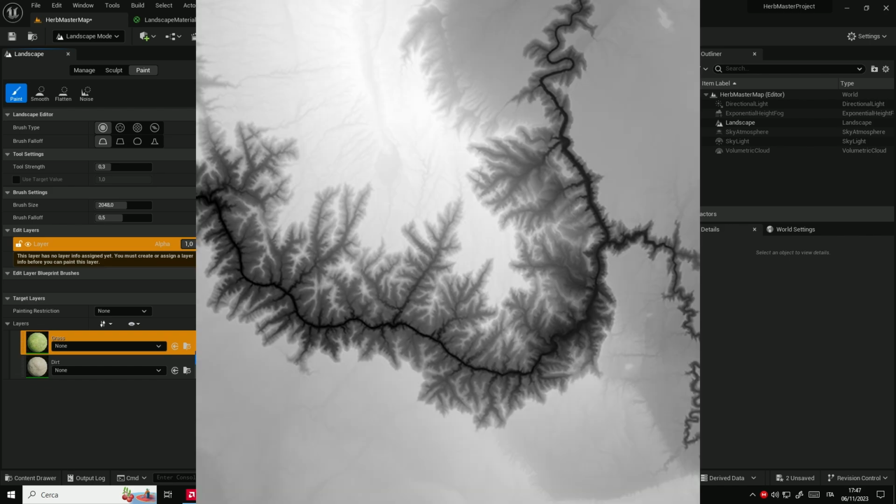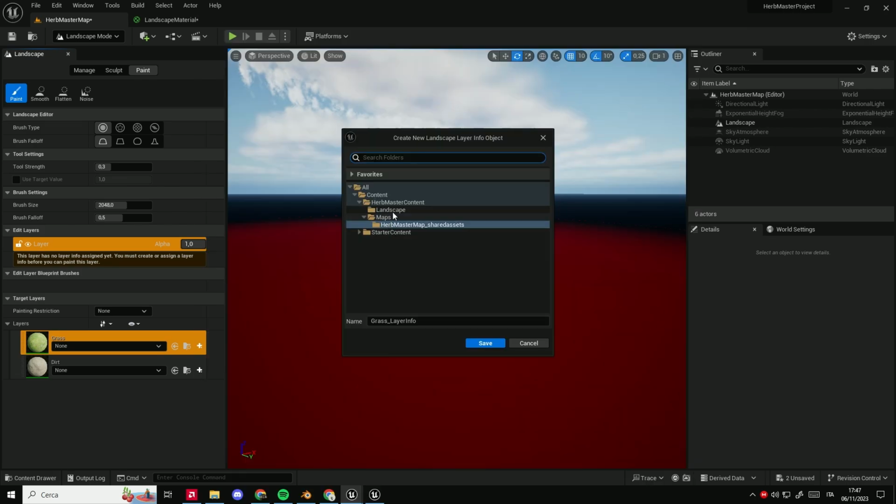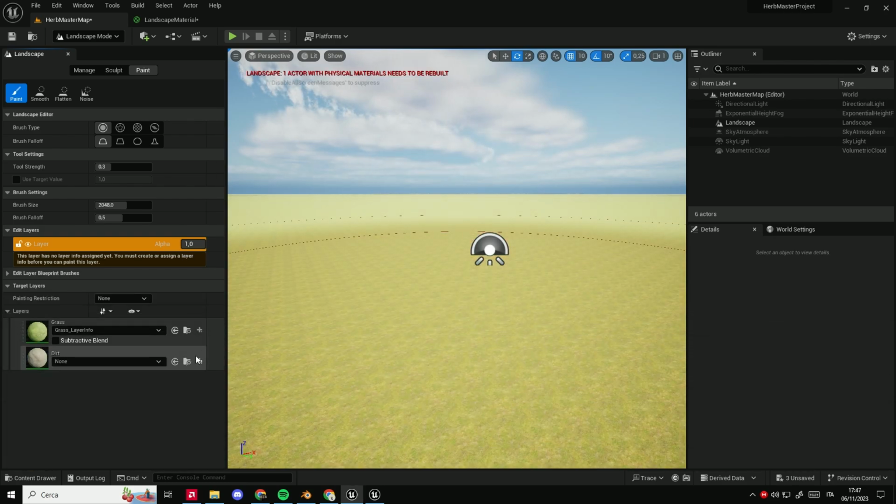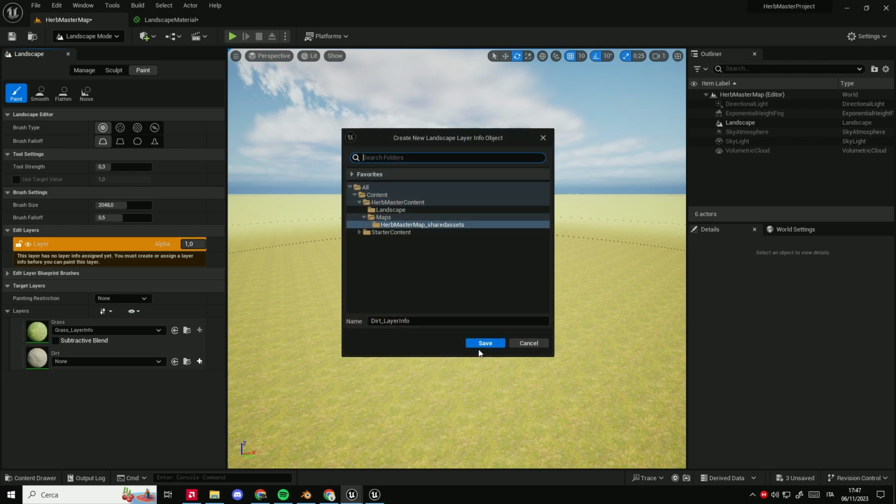An intuitive example for this principle can be the grayscale map right here. Black areas represent grass, while white represents rock with their mixes in between. The same basically happens for our landscape as well. Now we say where we want these infos in the landscape folder. We do the same for the dirt layer, so also in the landscape,